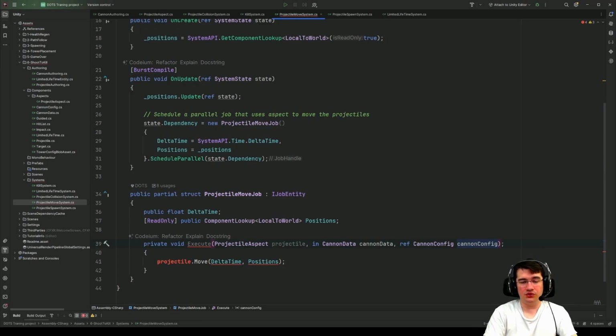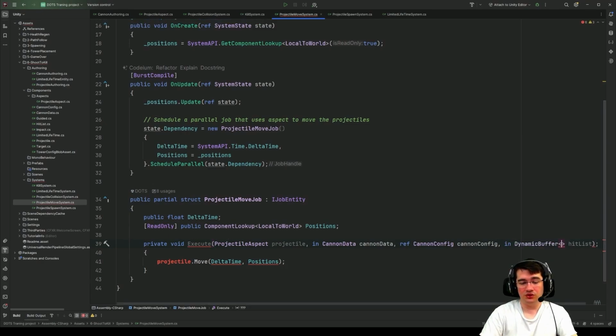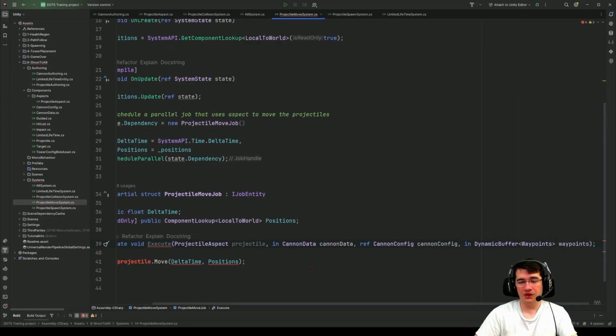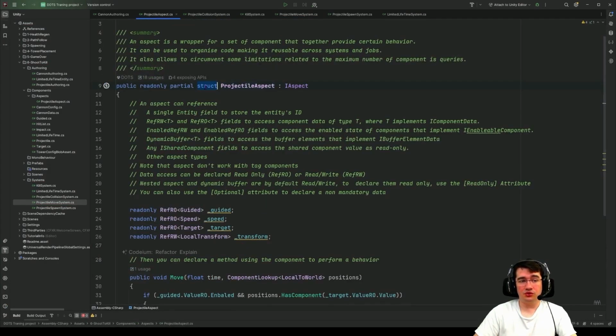And if it was a dynamic buffer like the waypoints, we could put the same thing in, read-only for the dynamic buffer of waypoints, and I need a name, or ref if we wanted to read and write from that. But here what I'm using is something a bit different. It's an aspect, and an aspect is another type of struct that implements the IAspect interface, and it's a wrapper